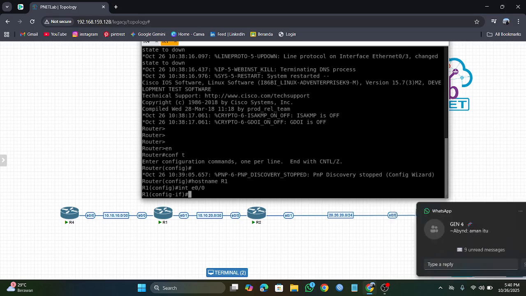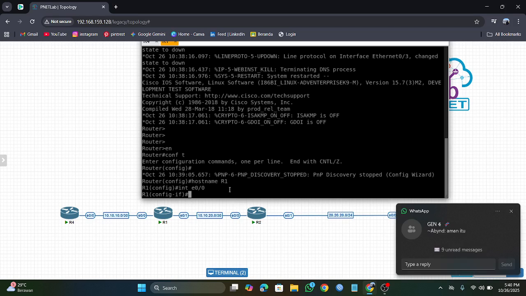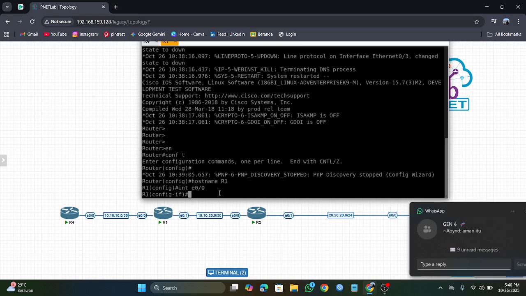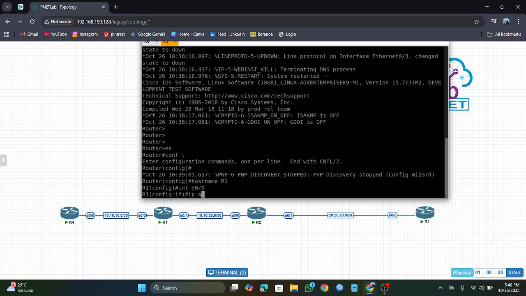You type ip address 10.10.10.2, and you type the subnet mask.